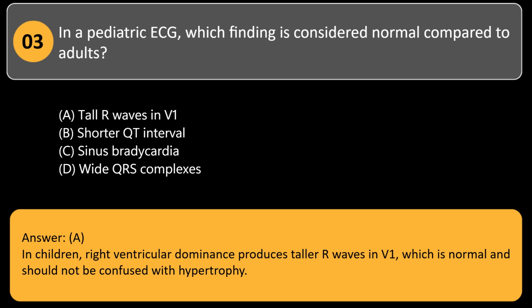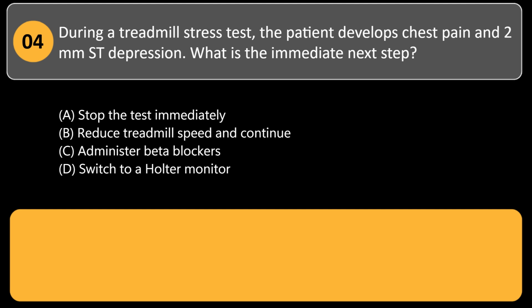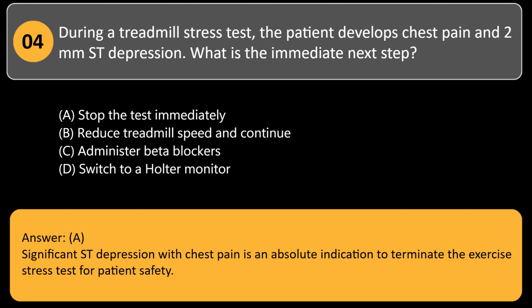confused with hypertrophy. During a treadmill stress test, the patient developed chest pain and 2 mm ST depression. What is the immediate next step? A. Stop the test immediately. B. Reduce treadmill speed and continue. C. Administer beta blockers. D. Switch to a Holter monitor. Answer, A. Significant ST depression with chest pain is an absolute indication to terminate the exercise stress test for patient